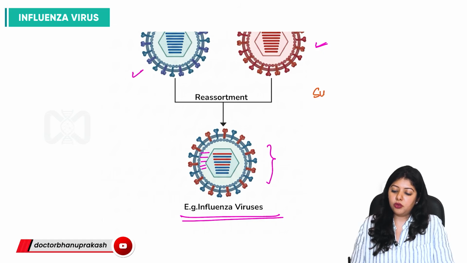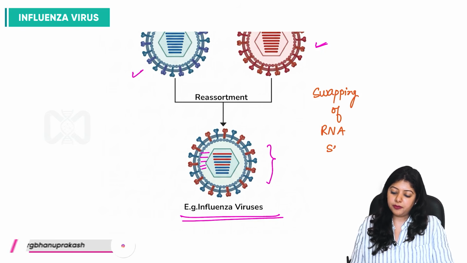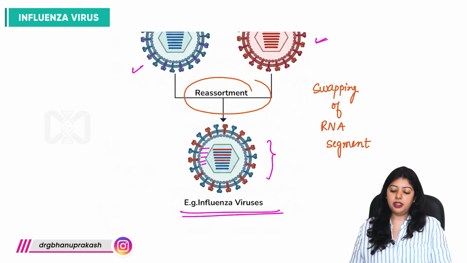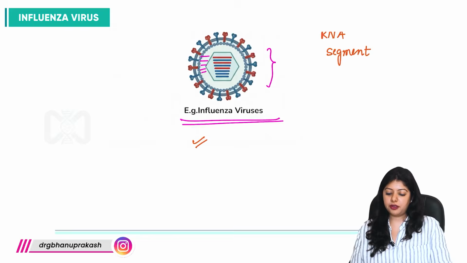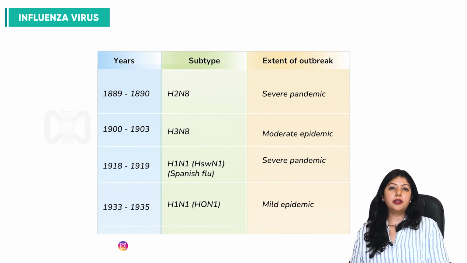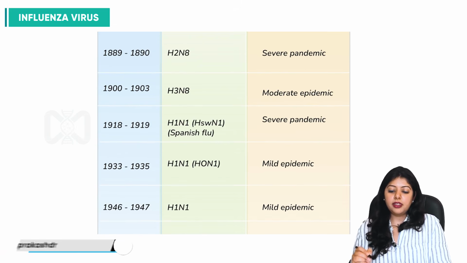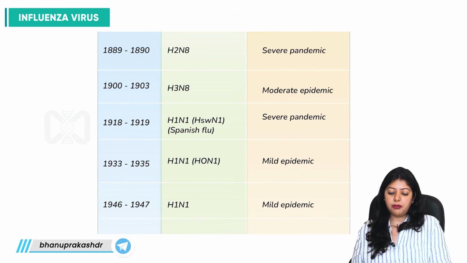There is swapping of RNA segments. So there is reassortment leading to formation of a new virus. Discussing the important pandemics which have taken place over the years and decades. So the most important ones that you need to remember from this table are